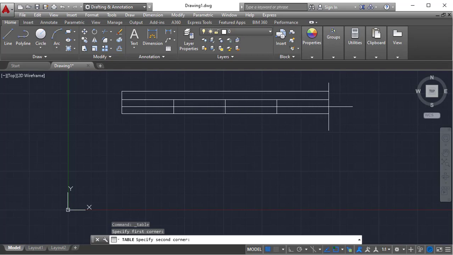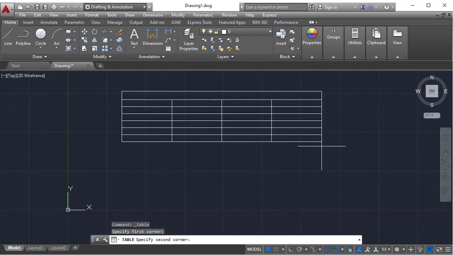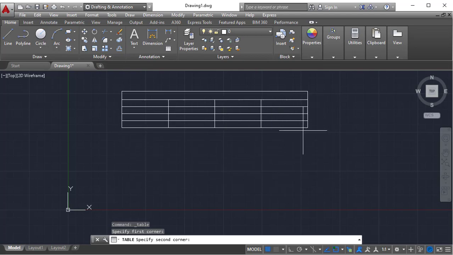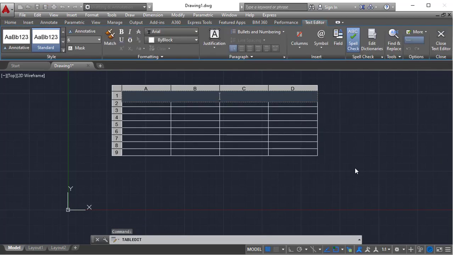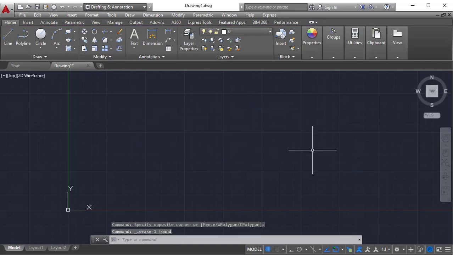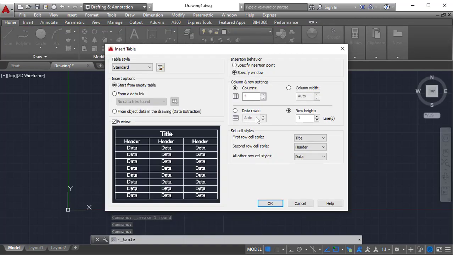It is just increasing the column width. Make sure to remember this one. If you go below in this direction, it is increasing the number of rows. One, column width is changing, and two, number of rows is being added. If you remember these two options, column width auto, number of rows auto, now you understand why these two are hidden. Got it? This way you can create an empty table and edit it.